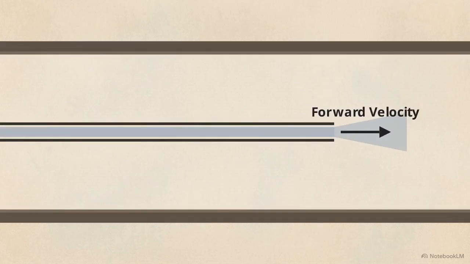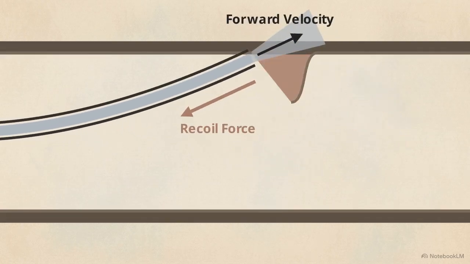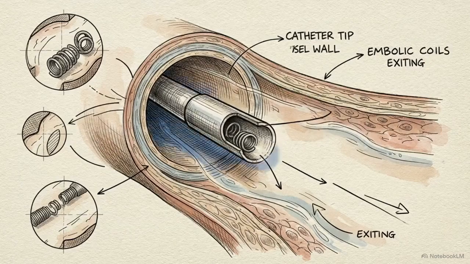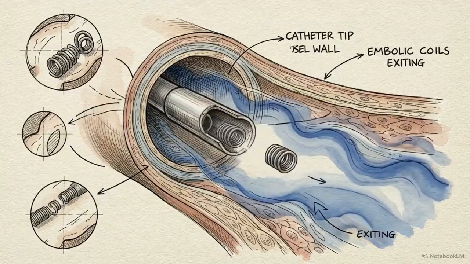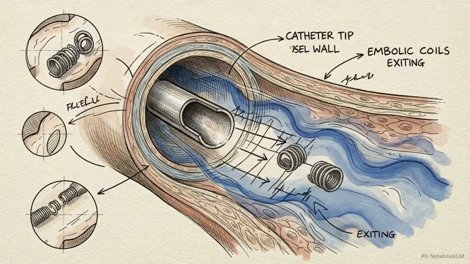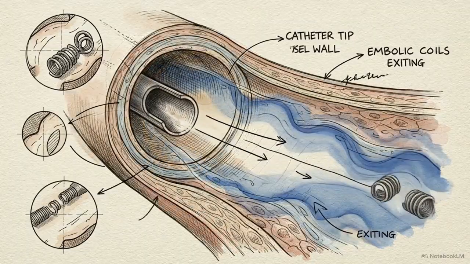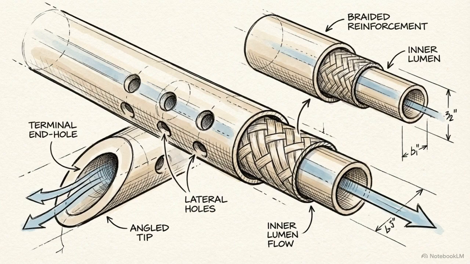Pumping a rapid bolus of fluid through a single exit point creates intense forward velocity. According to basic physics, this forward jet generates an equal and opposite reaction, causing violent recoil. The tip will whip backward, displacing the catheter and potentially tearing the vessel wall. Despite this severe recoil risk, end-hole-only models are strictly mandated for embolotherapy, where physicians carefully inject physical materials to block blood vessels. To solve the recoil problem for diagnostic imaging,